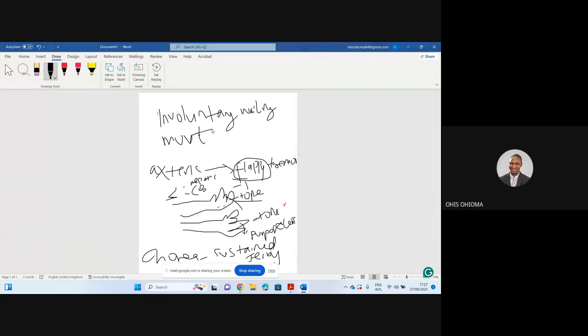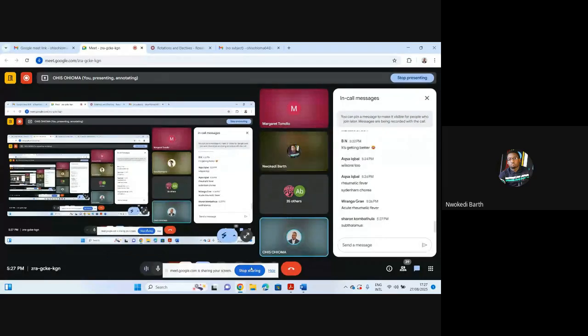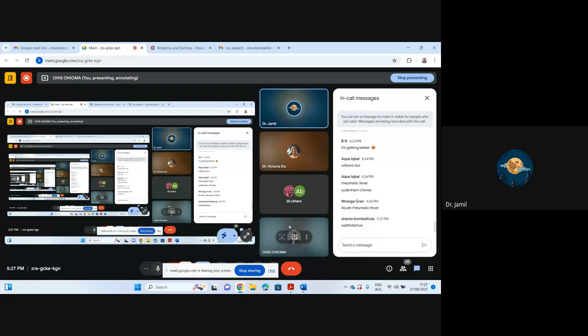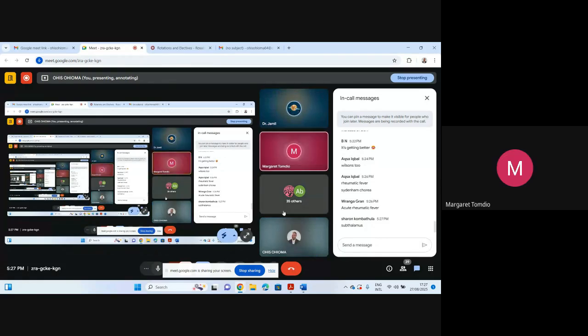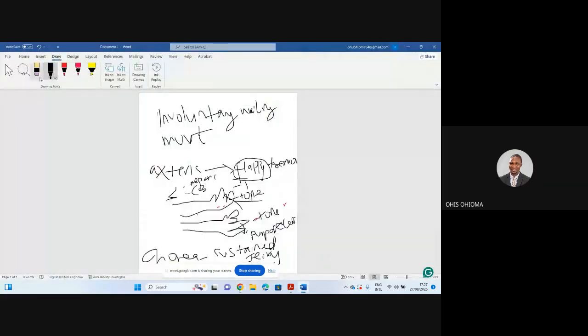And in what condition do we find hemiballismus? Which nucleus is affected in hemiballismus? Subthalamic. Not the amygdala. It's related to the basal ganglia, subthalamic. So the answer is the subthalamic nucleus. Yes, so let's get that straight so that we can understand it. It's subthalamic. Let's not forget it, okay?